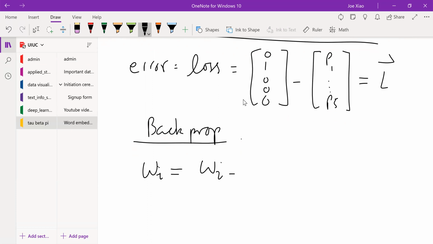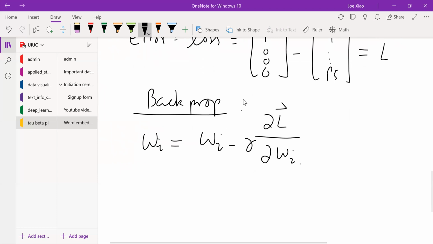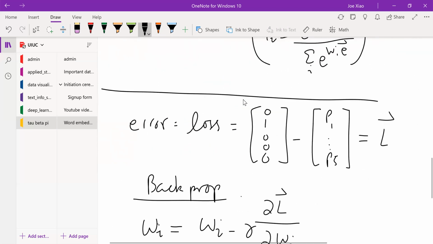We want it to follow the gradient, which is the partial derivative of the loss with respect to that weight, Wi. And we do this in a lot of iterations using